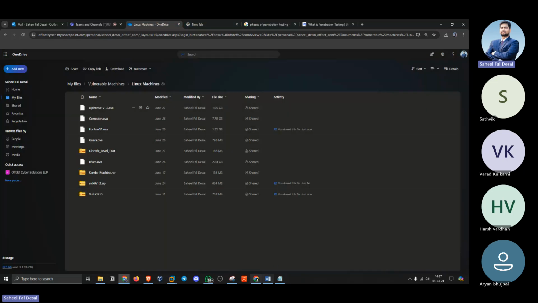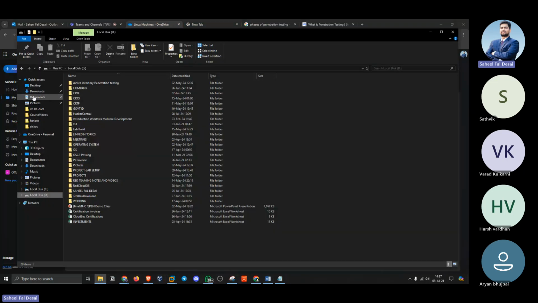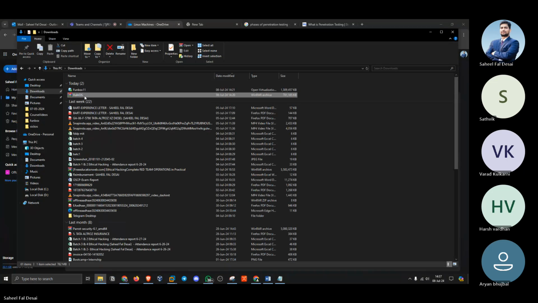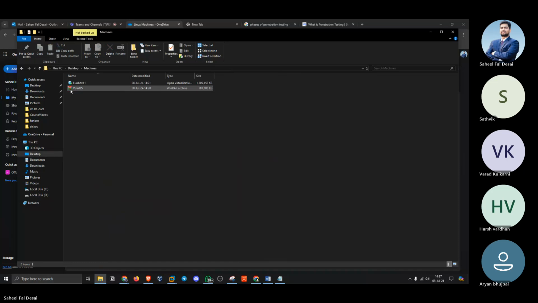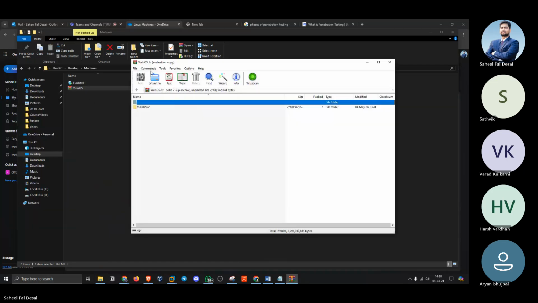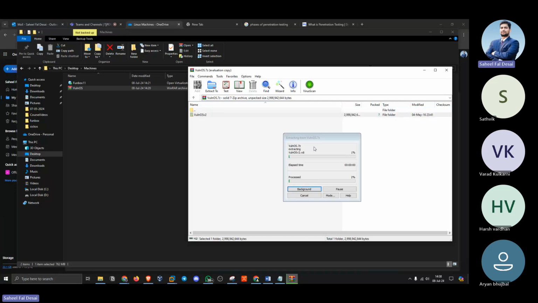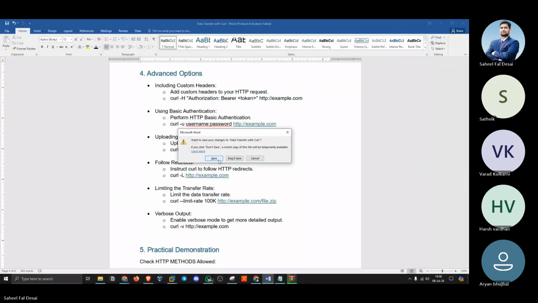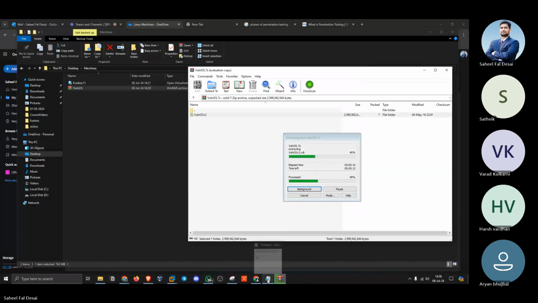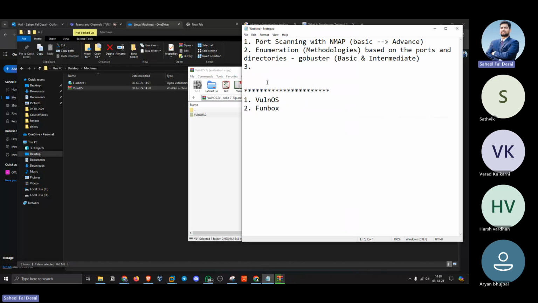So the first machine that we'll be installing is Vuln OS. Let me go to Vuln OS. I just downloaded the machine for you guys. Machines. These are all open source machines, so you need not worry about them. Now before that, sorry, not this document. Okay, save it. Before that, we'll learn something about